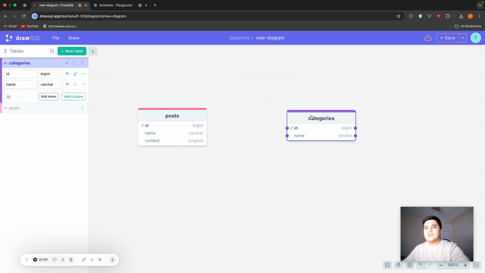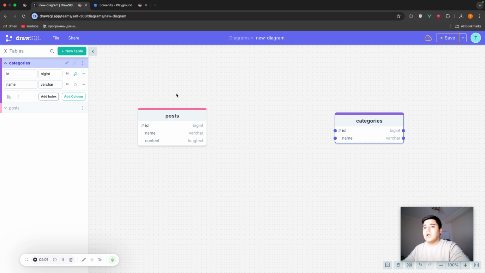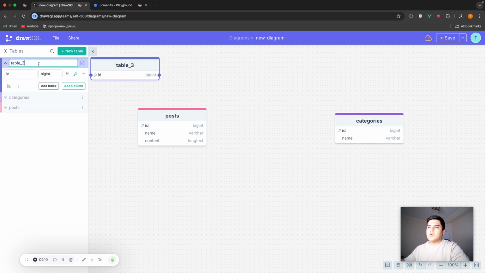All right, and let's assume that posts can have many categories, and one category can have many posts. It brings us to a many-to-many relationship, which requires a pivot table. So let's create it. Which comes first, C in categories or P in posts? According to Laravel's convention, the table names are ordered alphabetically by first letter, so it should be category_posts. Pivot tables by their nature don't require the ID, so we're going to delete it